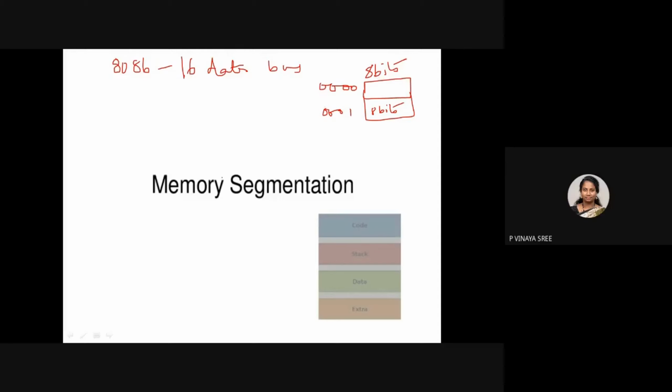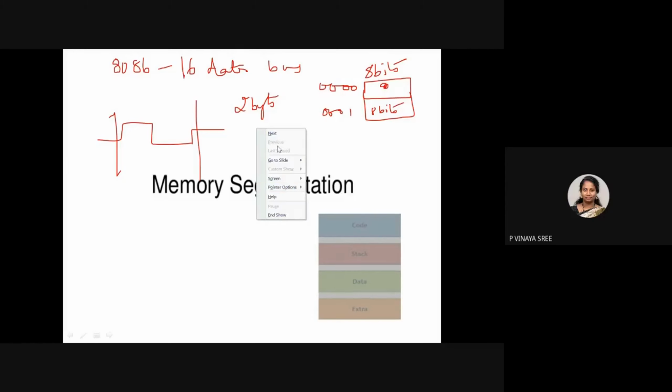Now try to concentrate on why there is a need for memory banking. As 8086 is a 16-bit processor, within a single clock cycle it can access 2 bytes. But as we have only a single byte per location, because of 8 bits, the time taken to access becomes more. So what we have done is introduce memory banking. So what is this memory banking?